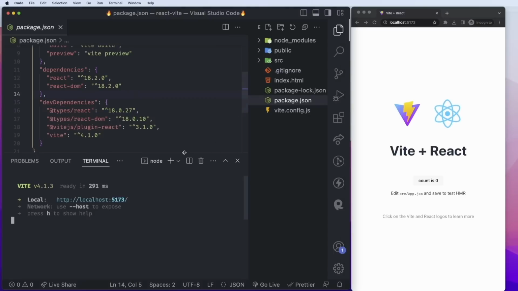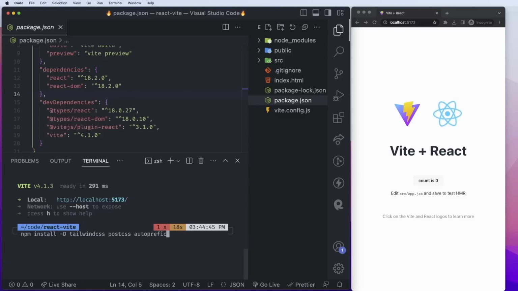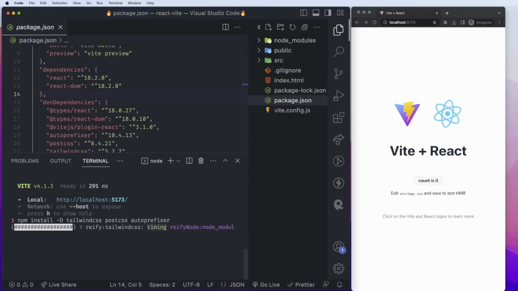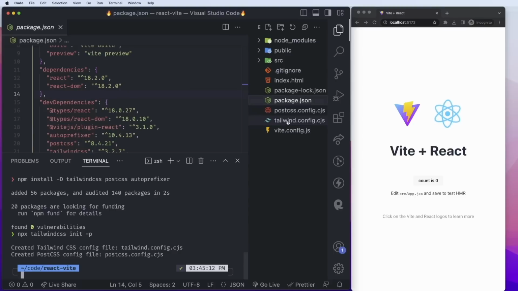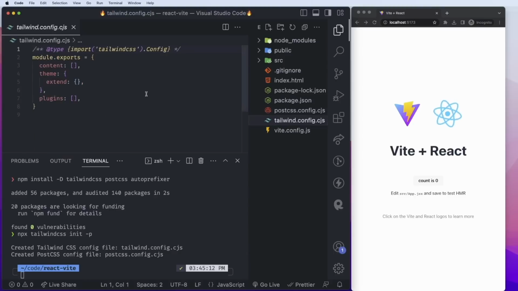So for that, again, I'm going to stop the server for now, and then again install all those packages. So Tailwind CSS, PostCSS, and Autoprefixer. Just a side note, this documentation is already available on the Tailwind CSS official website, so you can also check it out from there as well. And then we have this installed, so let's also go with tailwindcss init -p, which will install the Tailwind config file here. And again, we need to add our